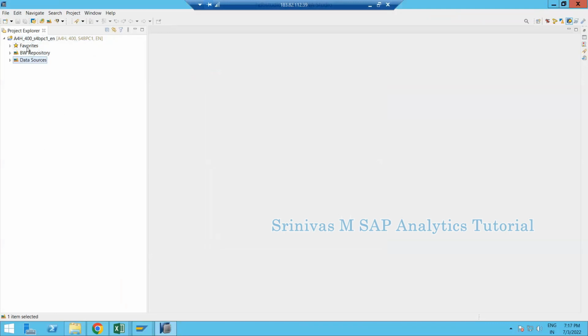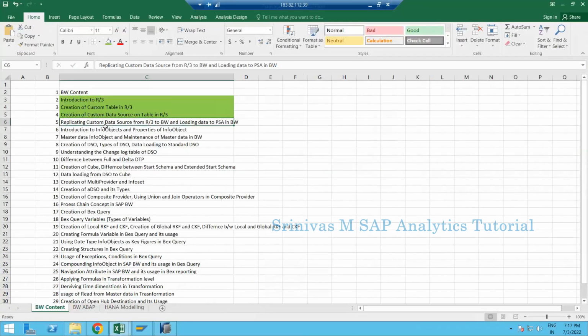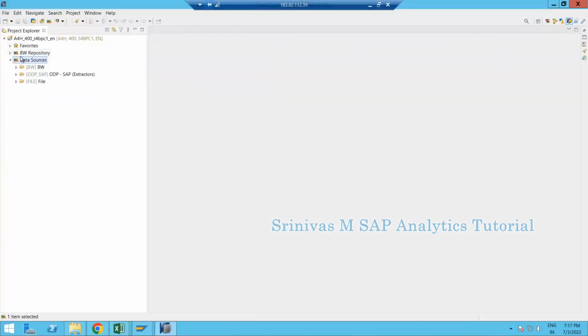Coming back to the topic, I added my BW system here. Once we add the BW system, we can see these three folders. If you are able to see these three folders, it means it's a BW system. If you add any ABAP kind of system, you have different kinds of folders here. Now open BW data sources. What is our requirement? Our requirement is to bring this data source from the R3 system into BW. So I log into my BW system, and then I need to replicate my data source